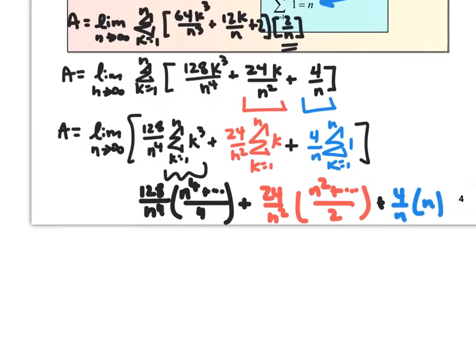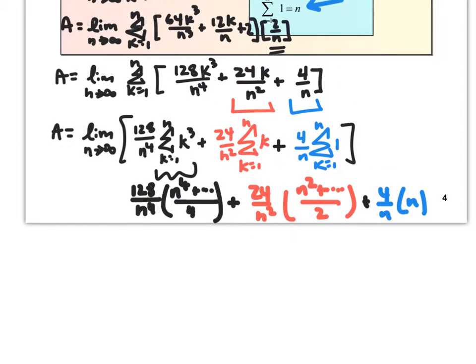Alright, so I'm going to take the limit of that thing as n goes to infinity, and that should give me my area. What does that mean? What does n going to infinity mean? That just means that we're going to make an infinite number of intervals along this one interval. So we're going to make those rectangles infinitely small. So you'll see the n to the fourths cancel, the n squareds cancel, the n's cancel,